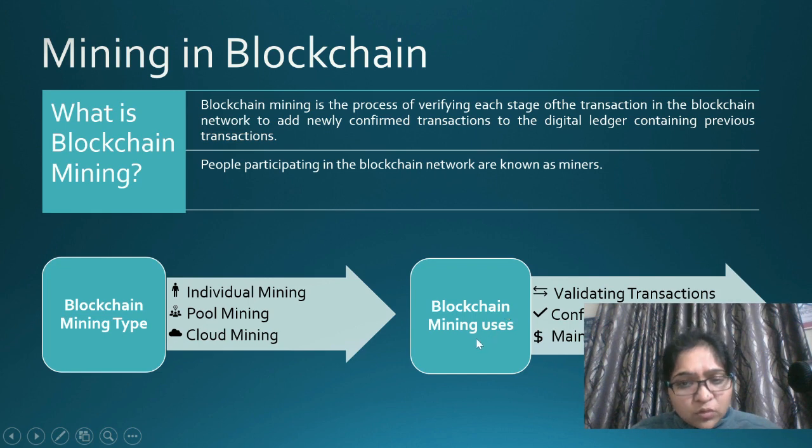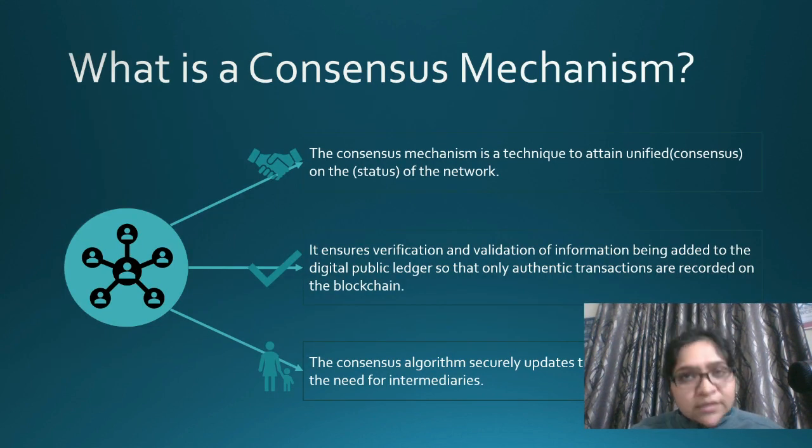And when we are using blockchain mining, what is this meant for? We are trying to validate the transactions. Miners are trying to confirm the transactions, and they are creating a safe channel for everyone to do the mining process. Maybe dollar transactions, right? Or transactions with the blockchain where we are mining the cryptocurrency. You are able to understand, right? So mining is a direct consensus where miners are actually helping each other to create a safe channel to add into the network, right? Now let's deep dive into the consensus mechanism.